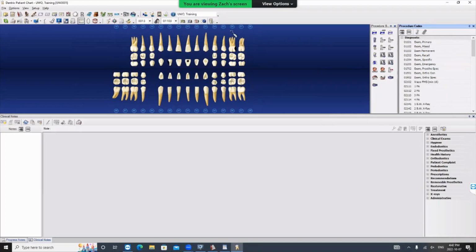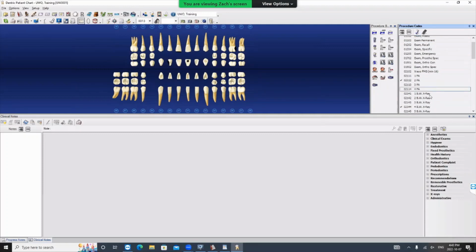I'm going to hit post, complete. I now want to add the periapicals and the bite wings that took place. You can actually hit multiple codes at once. And I'm going to hit post and complete. Now, if I want to see all these codes and things that